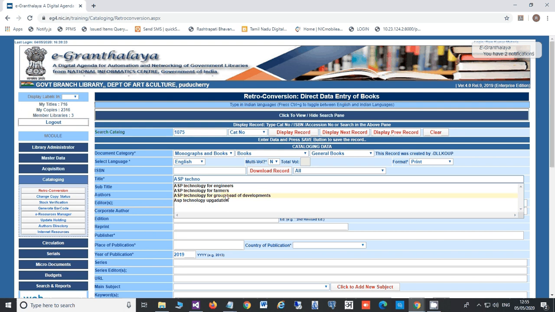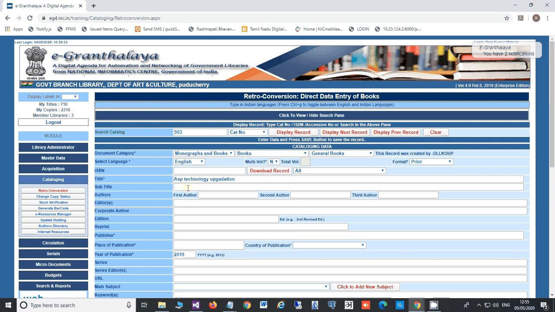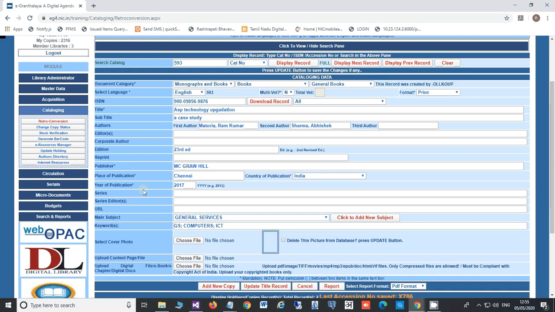Okay, if you identify this is the book, then you select the title, and after selecting the title, press the display record button. So it will display the record of this book. Then you can verify whether this is actually the same book.